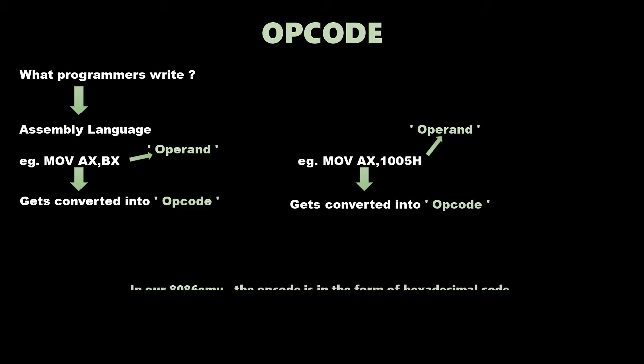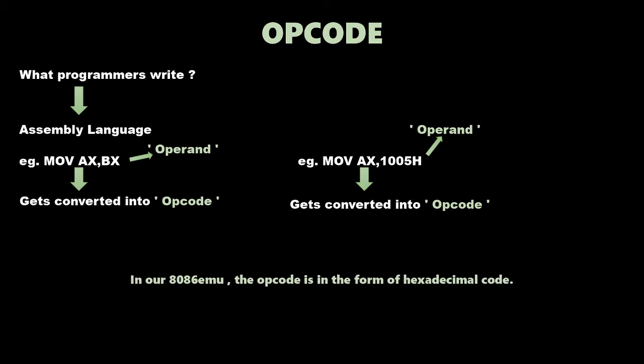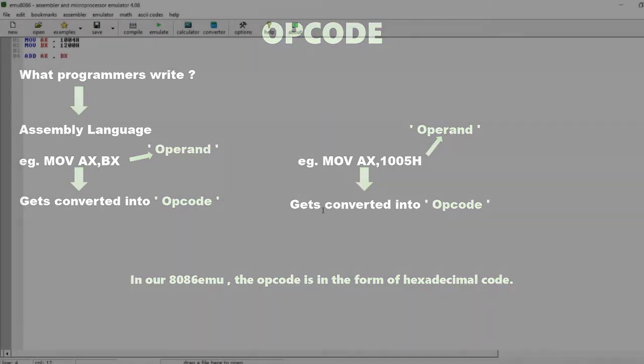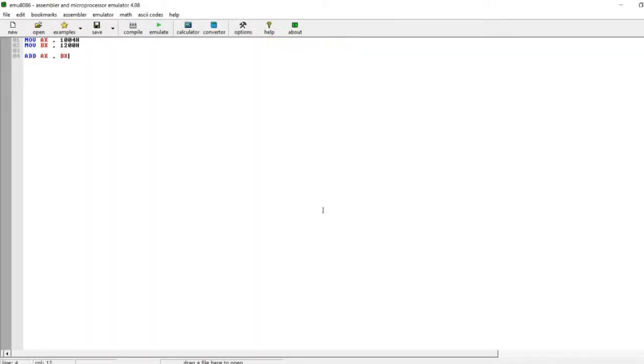Now inside our 8086 emulator, the opcode that we have for every instruction is in the form of a hexadecimal code. Let's jump into our emulator to see where we can see that code. So again, I have come to my emulator, and as you can see, I have written a very basic code: move AX, 1004H, move BX, 1200H, and add AX, BX. Now I go to emulate,